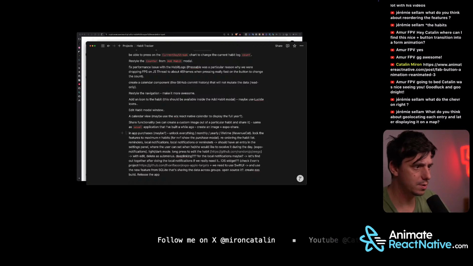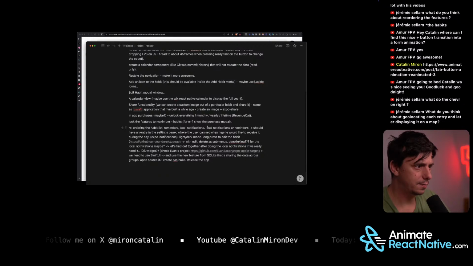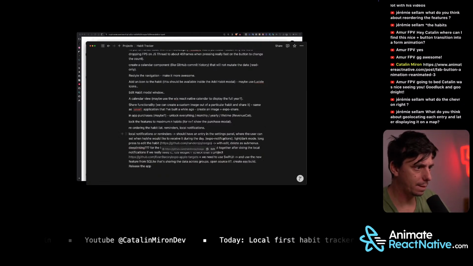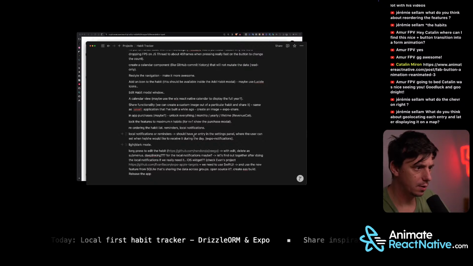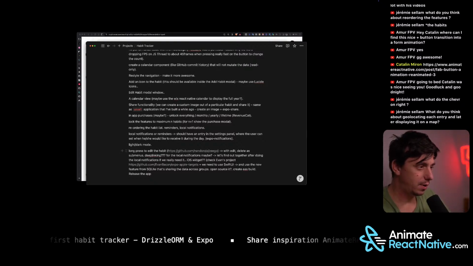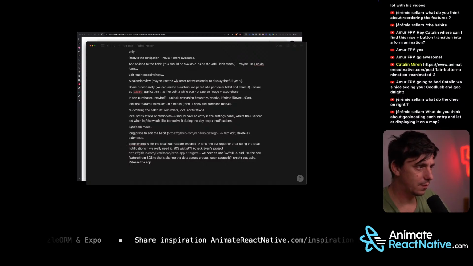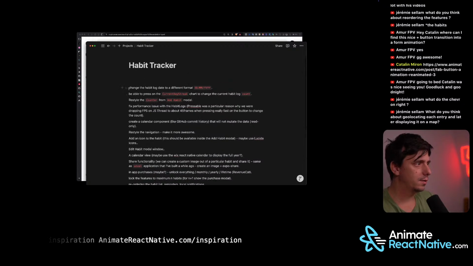Okay, now purchases, lock, reorder. Light, dark, long press, deep linking, iOS widget. Okay, so I believe now we are good, and this